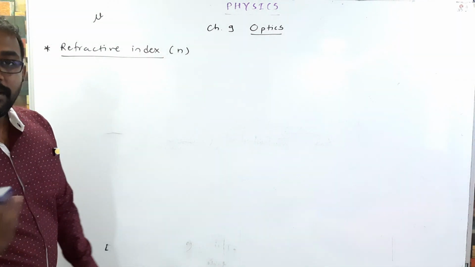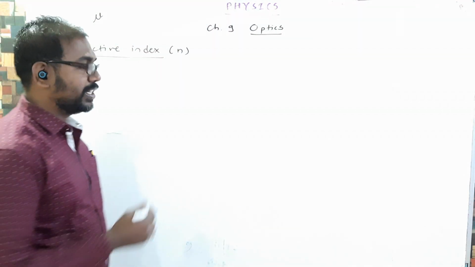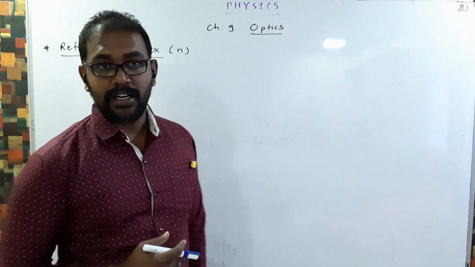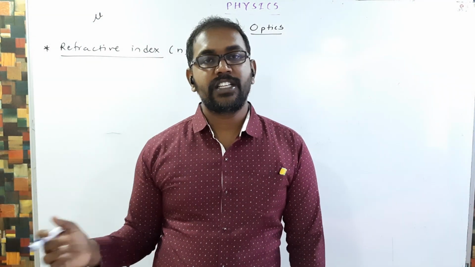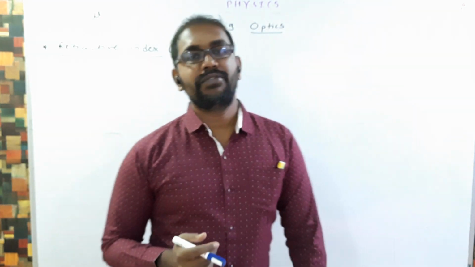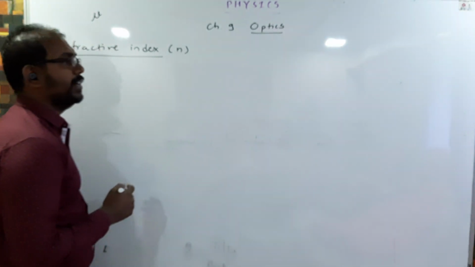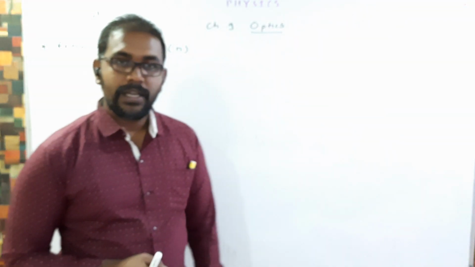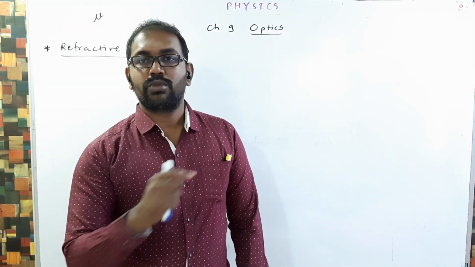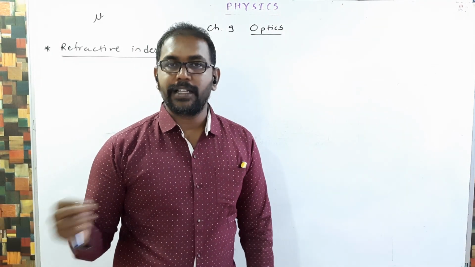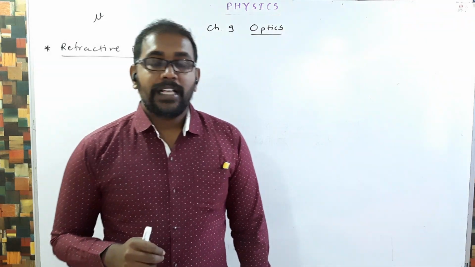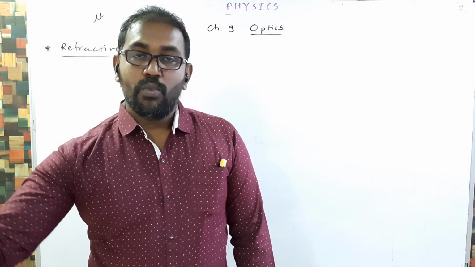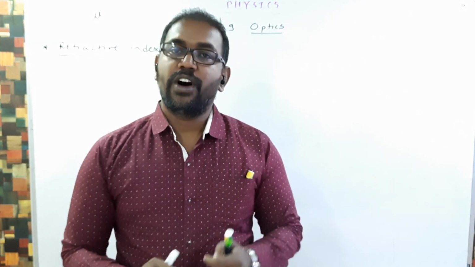Now what exactly is meant by the refractive index? That we have to discuss. You already learned refractive index in 10th standard also. But again we have to see what is refractive index. Basically everyone knows that when light travels from one medium to another medium, it bends, and that bending is the refraction. As well, when light enters from one medium to another medium, its velocity changes,